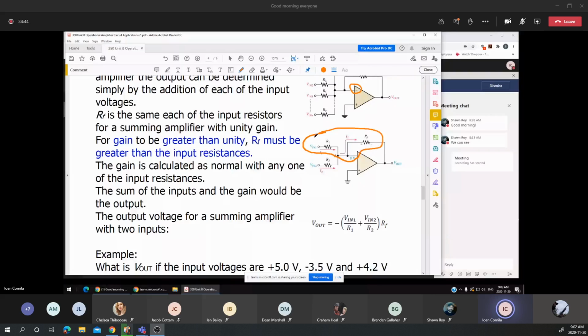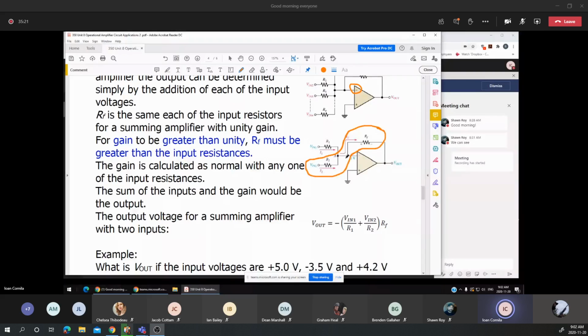If I'm choosing Rin and RF, the output voltage, being an inverting amplifier, is negative RF over Rin times Vin. But the total current I is the sum of two branch currents, I1 and I2, which means that I can do the same approach, choosing the second input voltage and the second resistance,